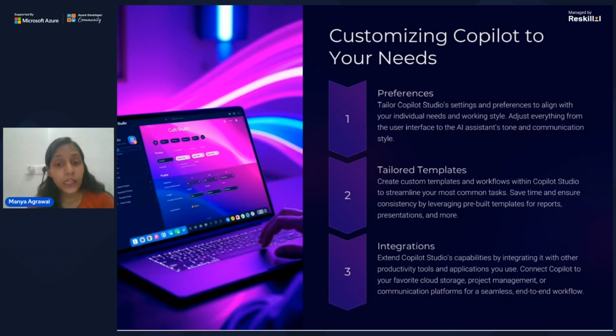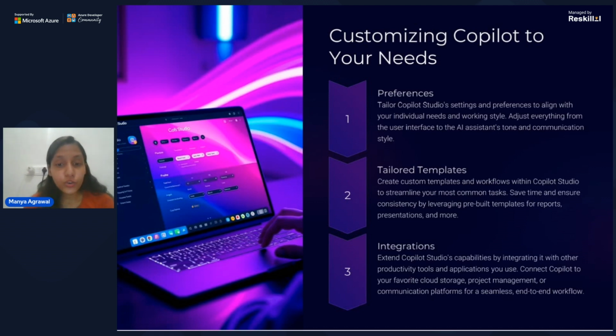Okay. Tailored templates. Create custom templates and workflows within Copilot Studio to streamline your most common tasks. Save time and ensure consistency by leveraging pre-built templates for reports, presentations, and more. Integrations. In integrations, extend Copilot Studio capabilities by integrating it with other productivity tools and applications you use.